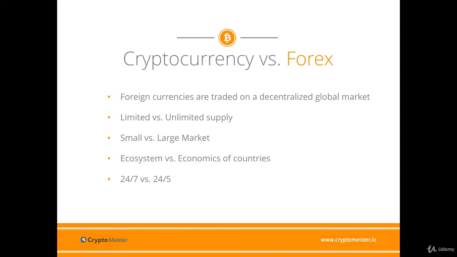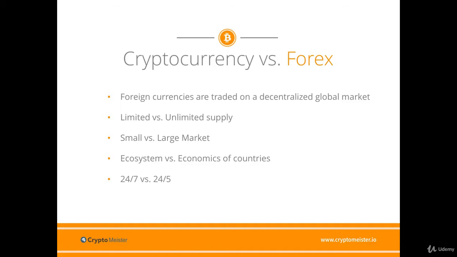There are also a few differences between cryptocurrency trading and forex trading. The biggest difference that sets these two markets apart is that most cryptocurrencies have a limited supply. New supply is added at a predetermined and decreasing rate. Another difference is the size of the markets. Forex is estimated at $5 trillion, while the cryptocurrency market is younger and smaller at 3 billion.